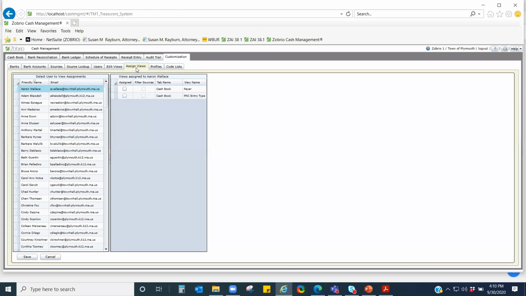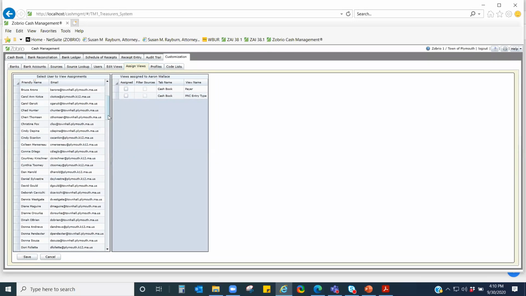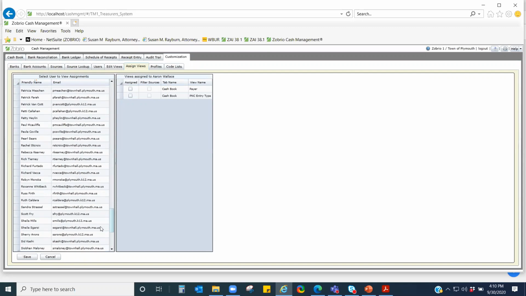So here's a view of all of my users. I see that there's 2 views that have been established by a user with permission that can be assigned to a view. And here's that PNC entry type that we created. I'm going to scroll down to find my stakeholder A. And here, by clicking stakeholder A, I can assign my Cashbook view PNC entry type that we just made. Note that I can also